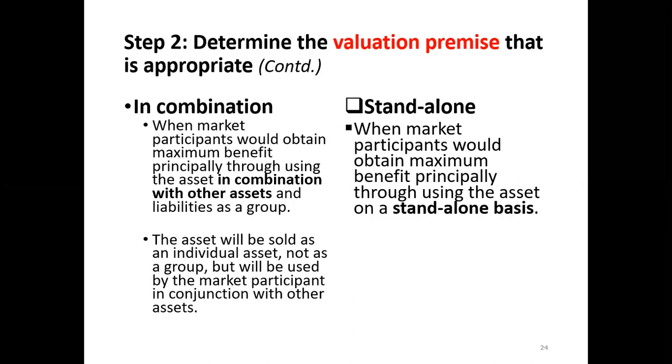As you mentioned, you are trying to make a distinction about whether the current use is in combination. Yes, the current use can even be the standalone use, as you have very correctly highlighted. So we cannot straight away say that it is the current use. I was just trying to simplify that, saying that in combination is current use. But as you mentioned, the current use can even be standalone. So we need to stick to this: in combination means it is together with the other assets and liabilities.